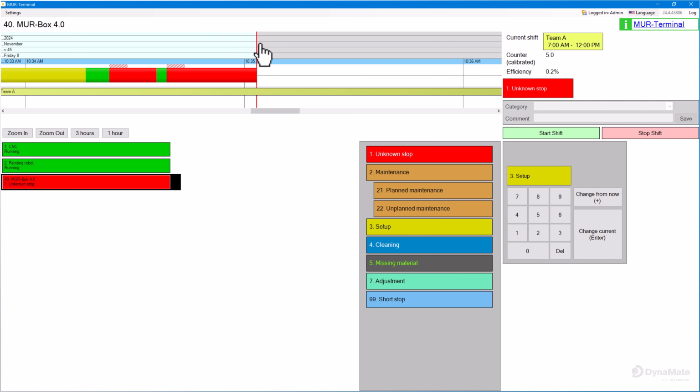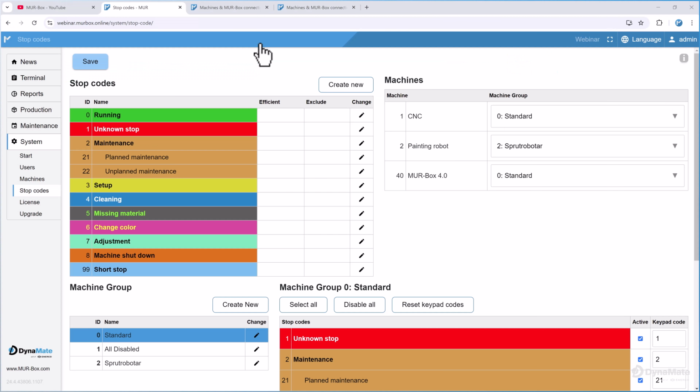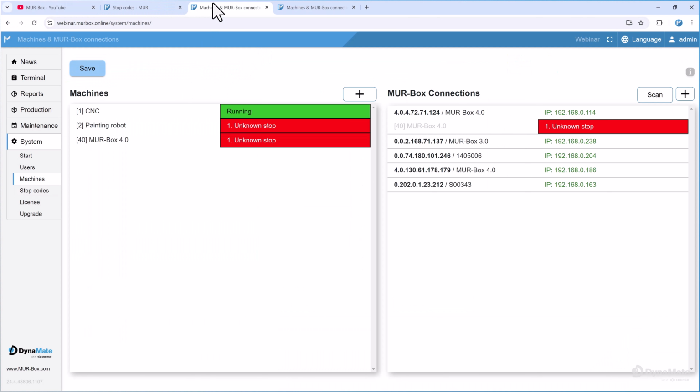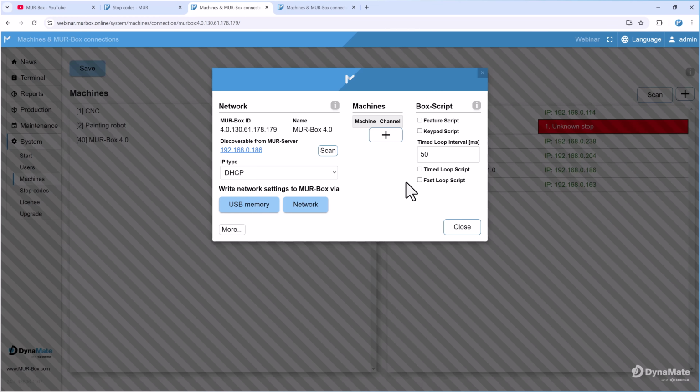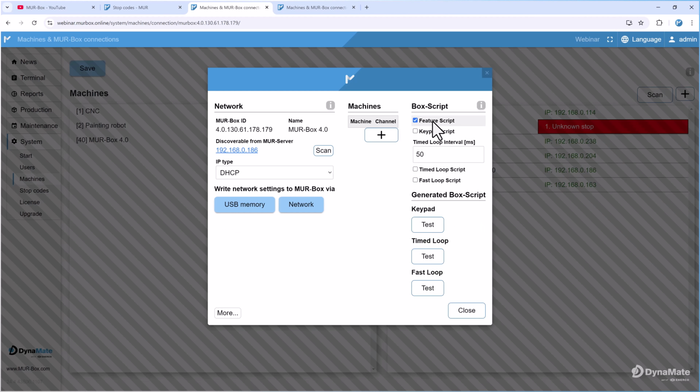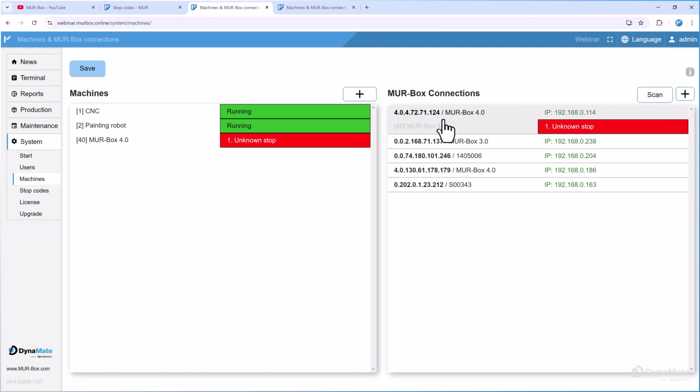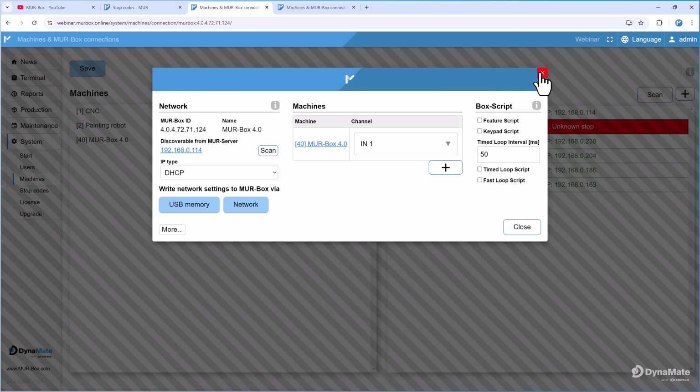To enable this feature, there's a two-step process. We're going to look at machine settings from system machines. And first let's show what a normal machine looks like. This is what the classical view looks like. But then we have this new checkbox that says feature script. And checking that doesn't make any noticeable difference at once, but let's uncheck it and go and see what the